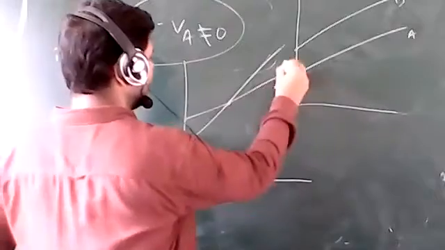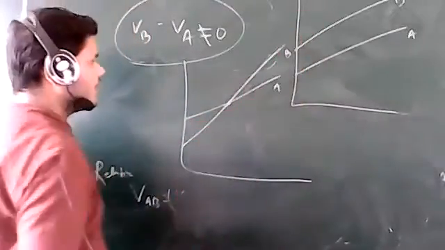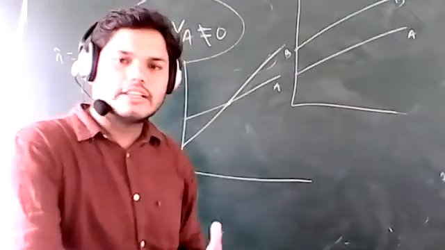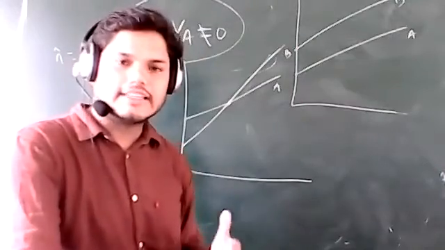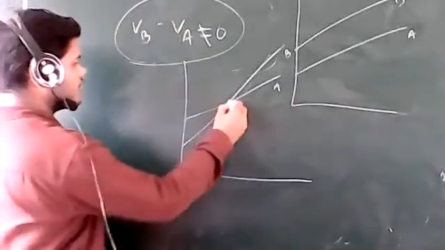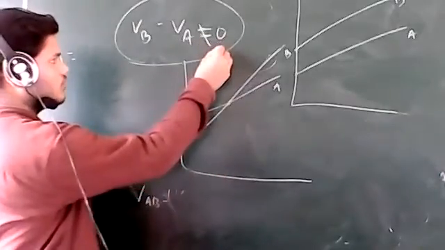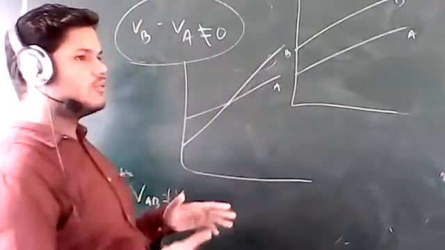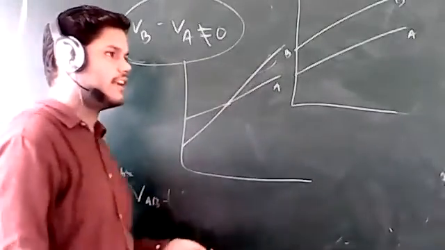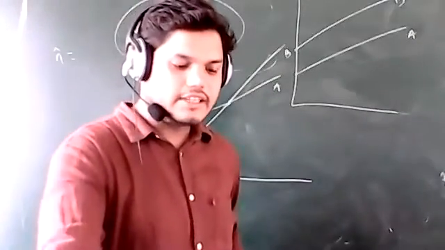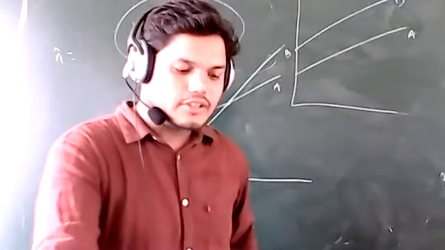This is body A and this is body B, and they are moving, but one body has more velocity than the second body. In that particular case, if you find the relative velocity, it is not equal to 0, that means it has some value, and one body will cross the other body at some point. So this is the concept for relative velocity.